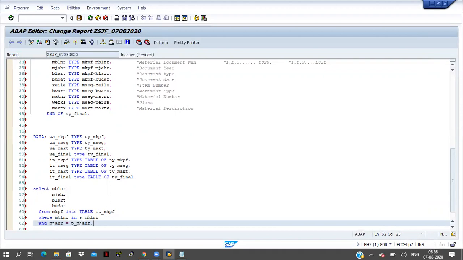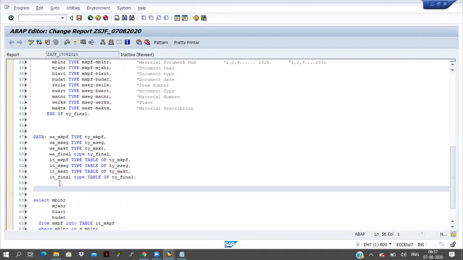See here, I am taking MBLNR as the select options, which means multiple records are coming. Here I am giving MJAHR equal to P_MJAHR, a single record, only one year I am giving. So for that we have to declare the input values also, right? Select options S_MBLNR for work area MKPF-MBLNR.